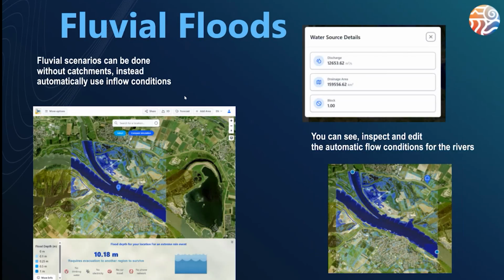Then for the fluvial floods, you have a bit of a choice there. If you just select a local area, you can disable the flash flood part, which basically turns off the local extreme precipitation and says, I'm just going to use my boundary conditions. And this is definitely a way you can use the model, right? You could have existing